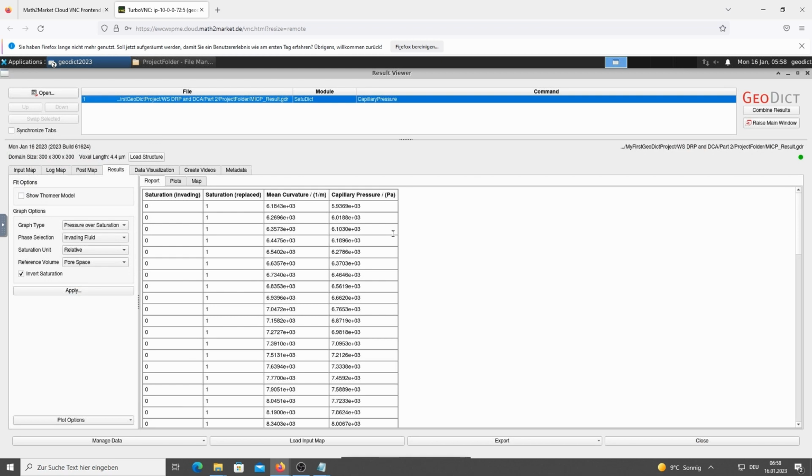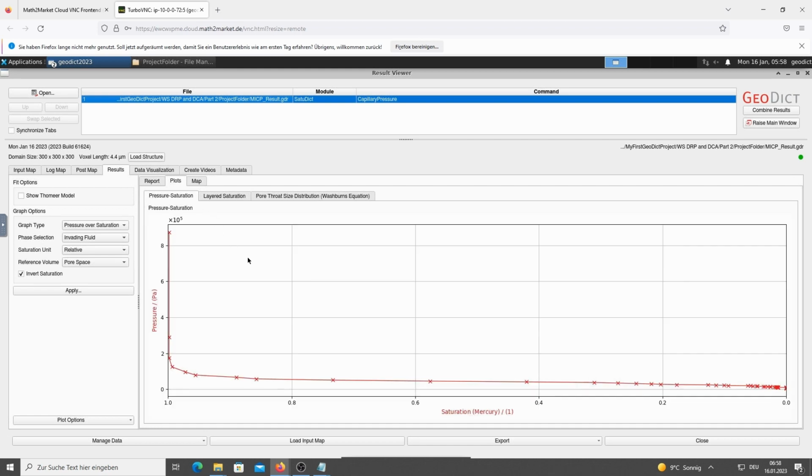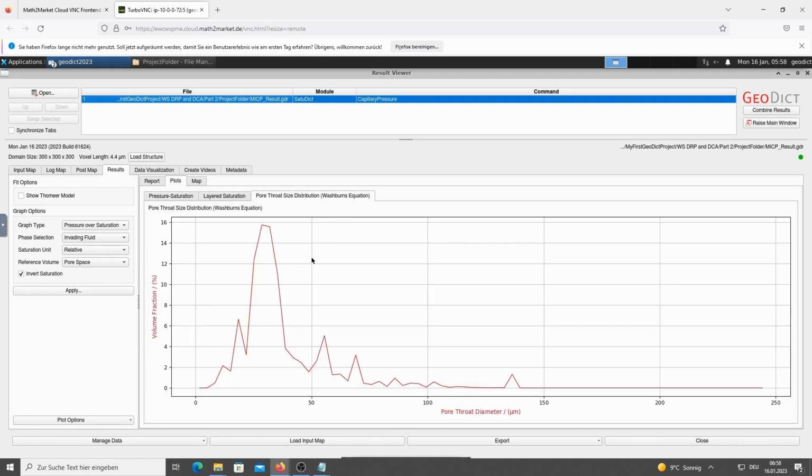The result file shows different columns: the saturation for the invading and replaced fluid and its corresponding capillary pressure. Go to the Plots tab and see the computed capillary pressure curve. Here you can also see the mentioned pore throat size distribution, and it has a peak at around between 30 and 40 micrometer.